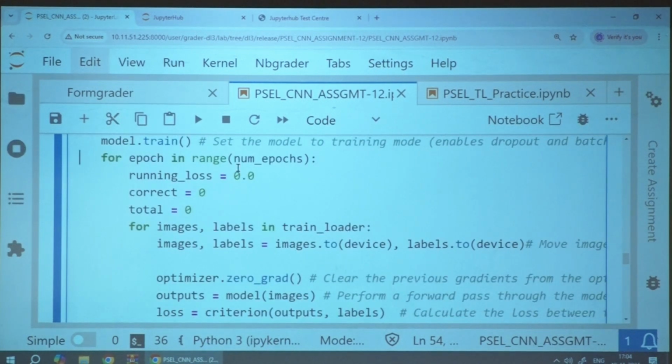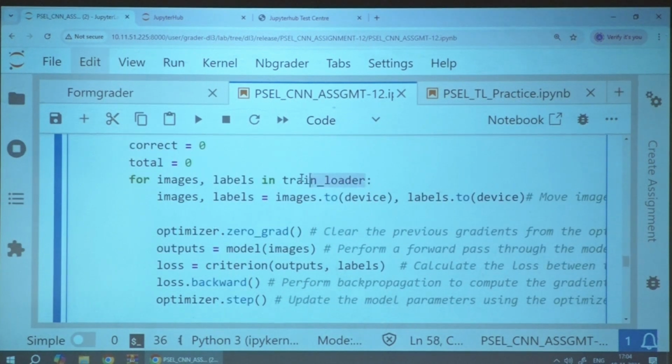Okay, next. For each epoch in the number of epochs, we are calculating the running loss, the number of correct predictions and the total number of predictions. Using that, we are going to calculate the accuracy, which helps us to evaluate the network. Now the train loader is where the training data set is there in terms of mini batches. For each image and label input-output pair from this train loader, as I said, we have already identified the device where you wanted to work.